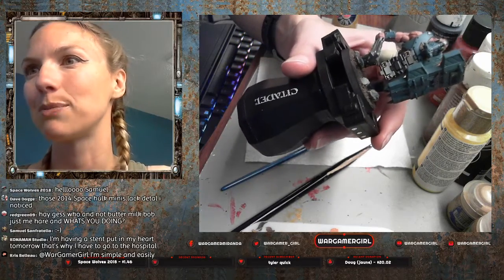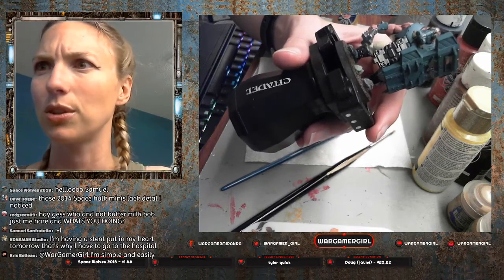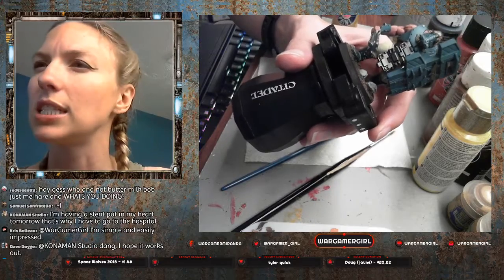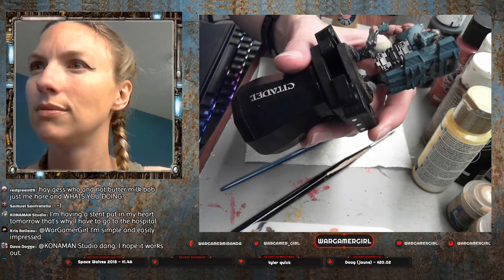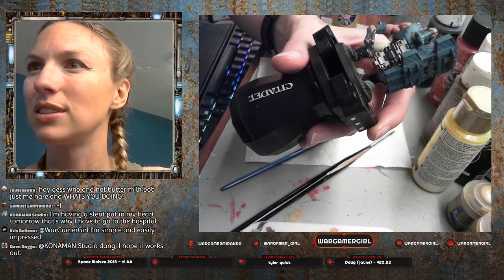Those 2014 Space Hulk minis lack detail, I noticed. Really? I don't know. I thought they had some pretty good details. They're like a more detailed year? Red, green. Okay, guess who's...